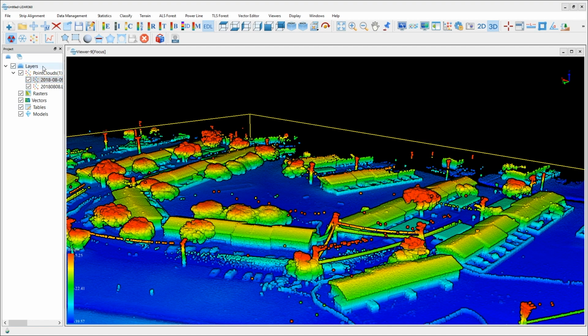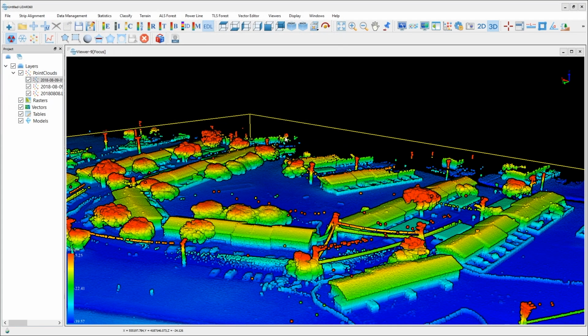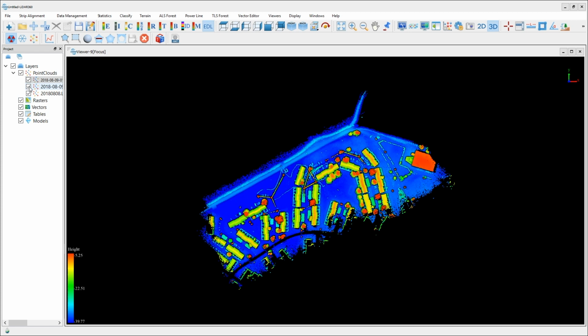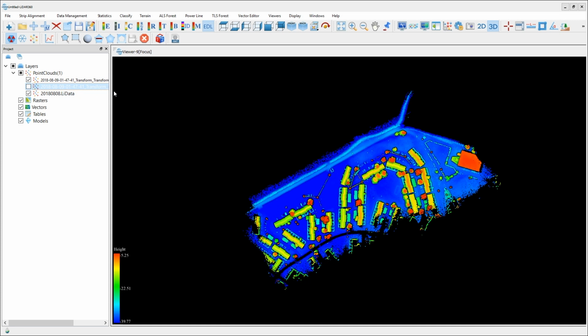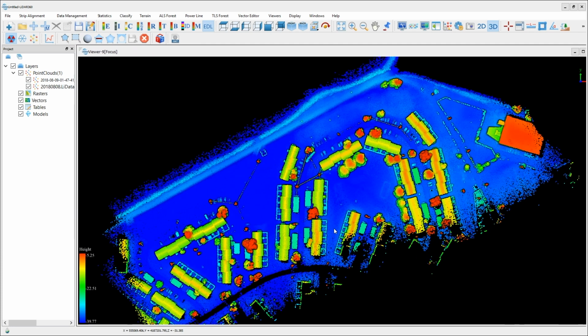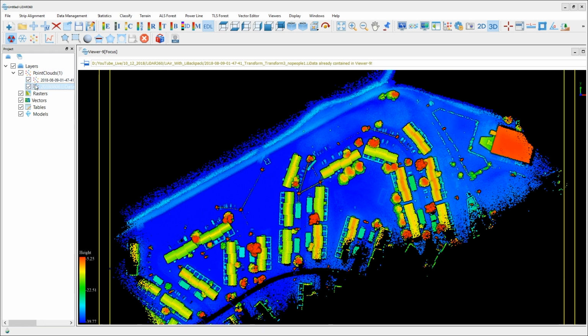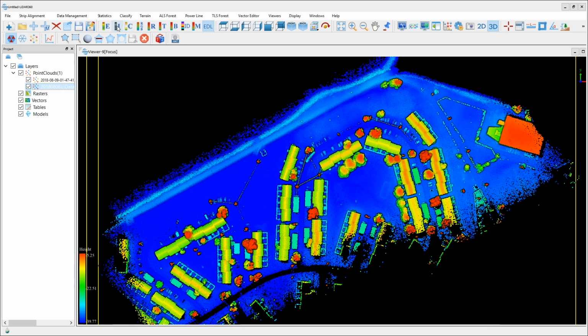I'll now add the result of my third application of the rectify tool, as well as the result of my data set cleaning, which removed some of the error points as well as the points that represented people moving about the scene when my live backpack data was collected. Once again, to avoid confusion, I will remove the output of the second rectify. So now all you're viewing here in the window is the outputs of the third rectification application, as well as